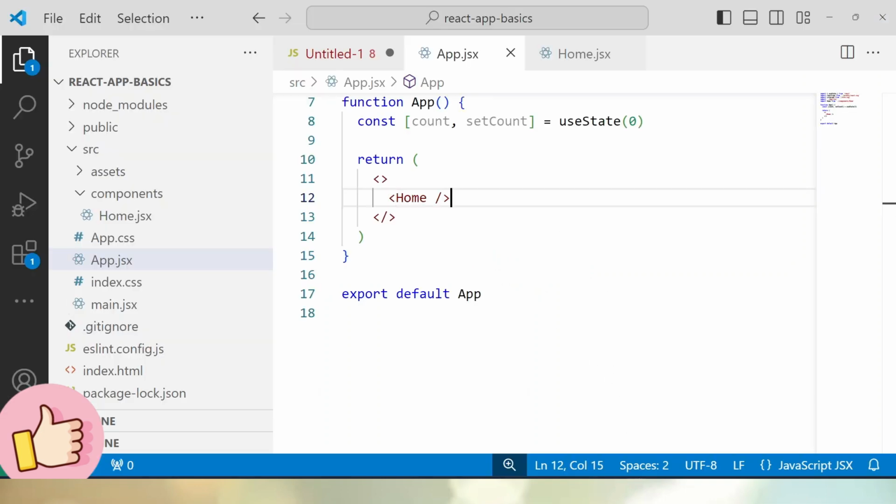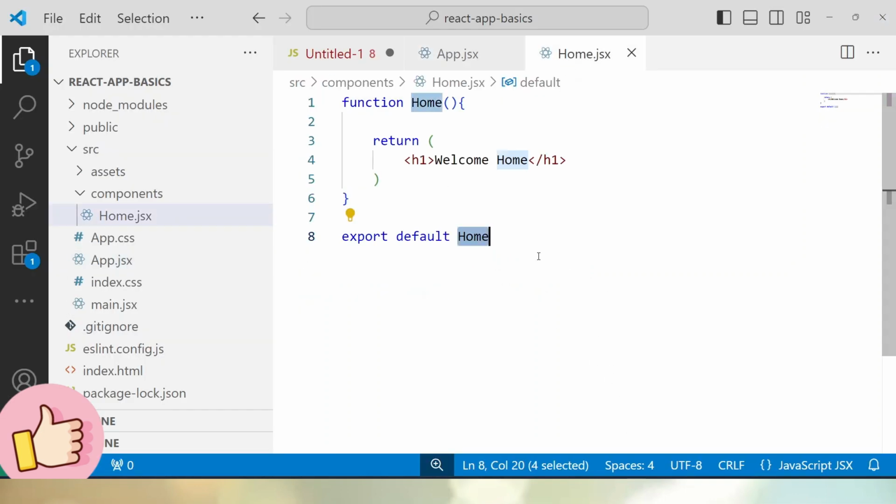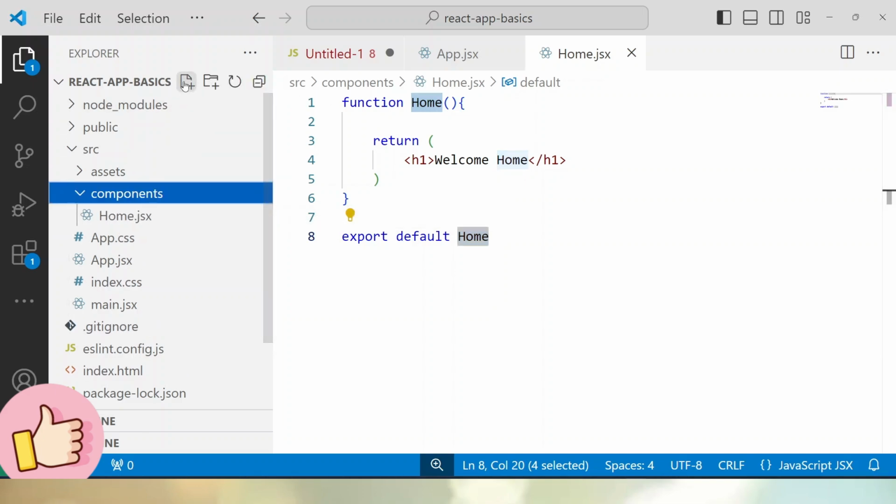Now, this is the content which is coming from this home component. Now, this is the first syntax to define a component file and the structure of a component file. In the second way, let's create one more component file and I will call it